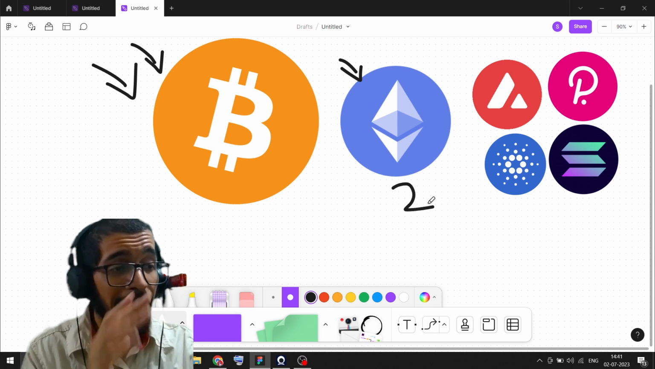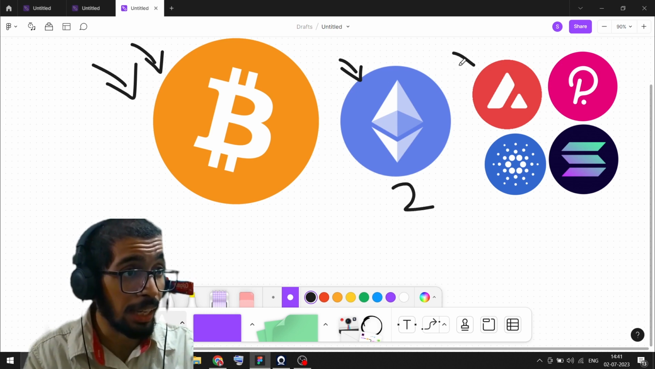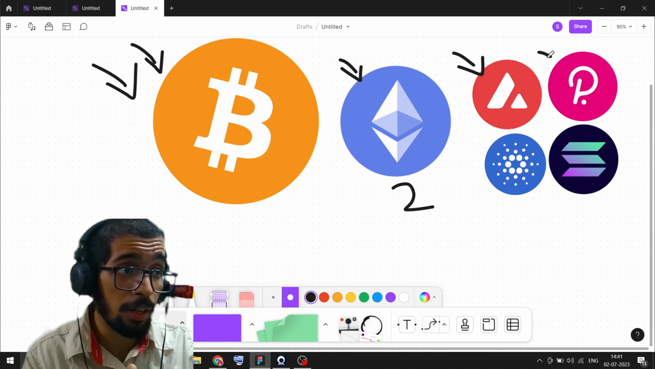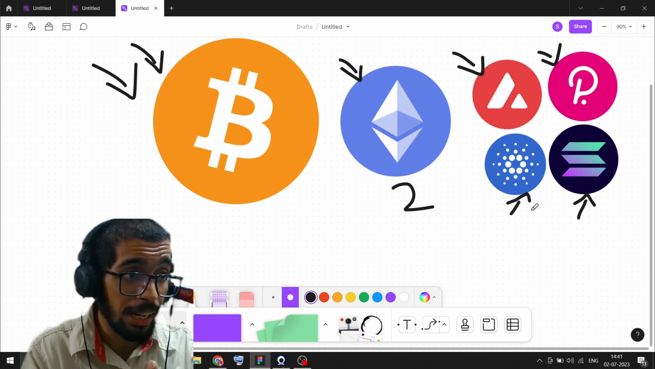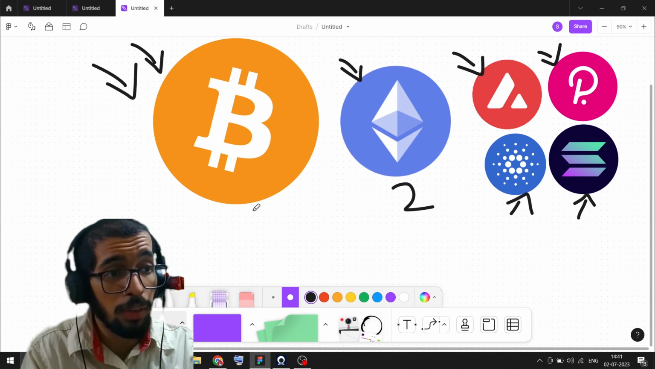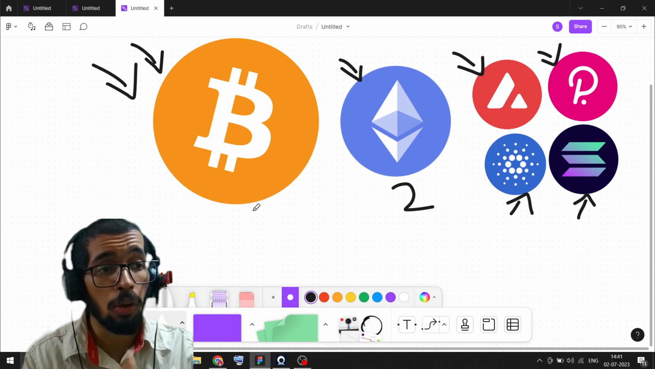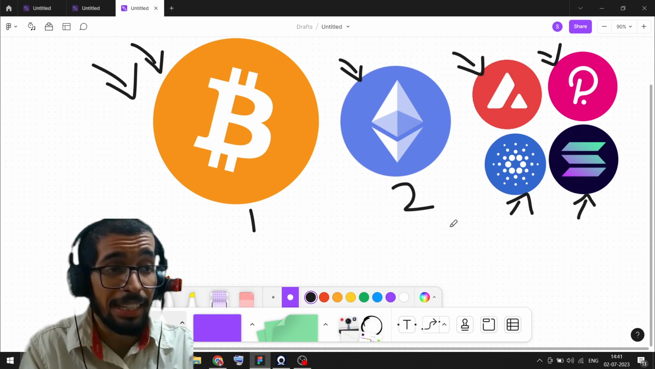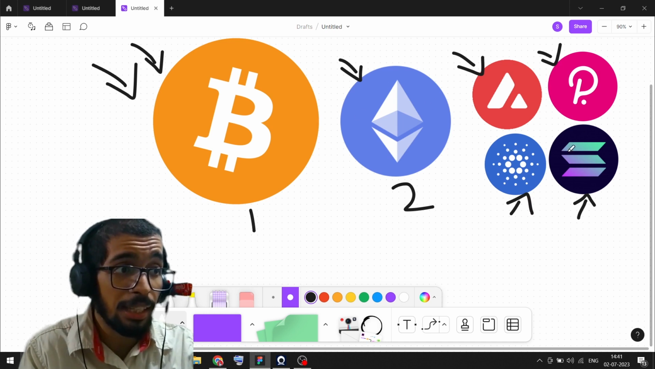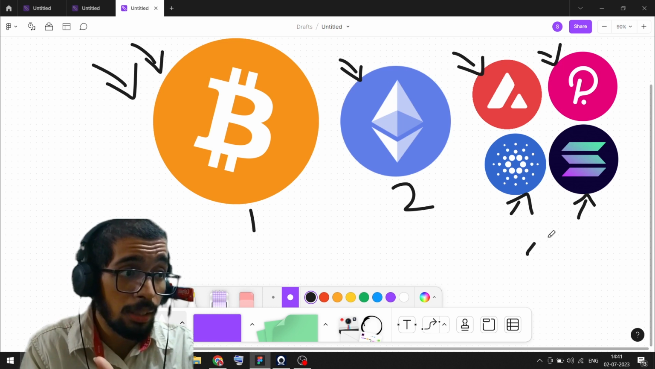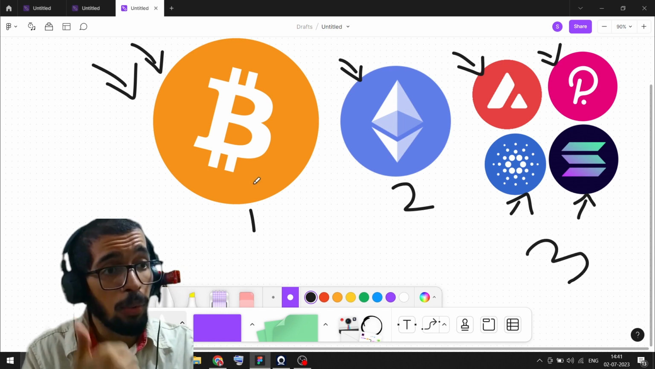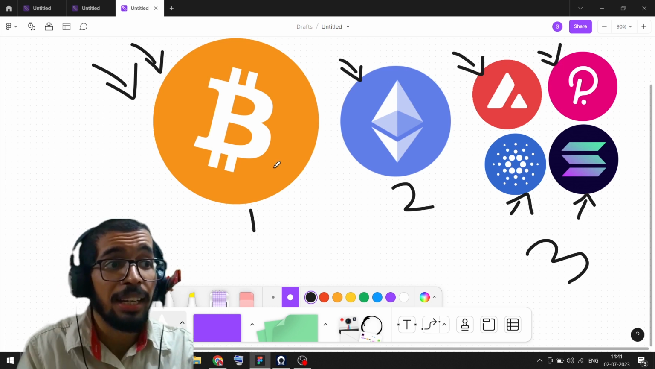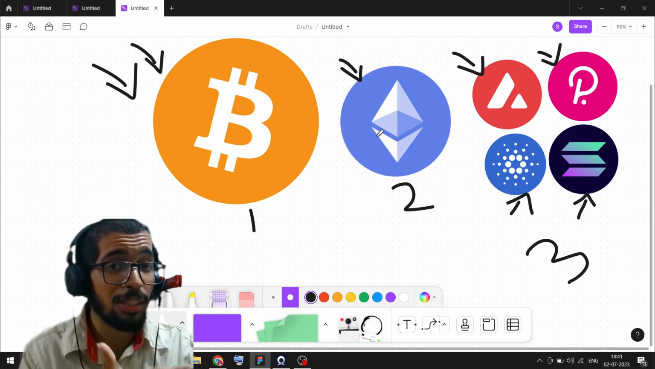After Ethereum you can say it's AVAX, Polkadot, Solana, and then at last ADA. So one is always first, Bitcoin. Everything follows Bitcoin. Second is Ethereum, and third is all of these. Right now we all have to watch the Bitcoin chart, and then 100% the next one to come is